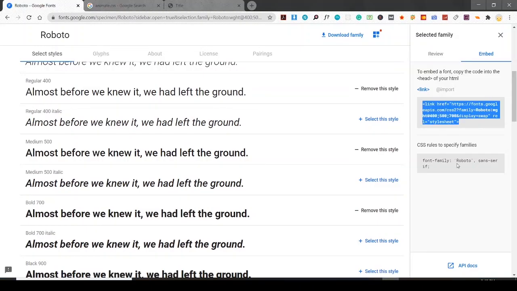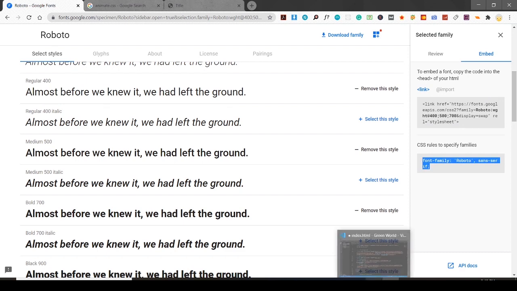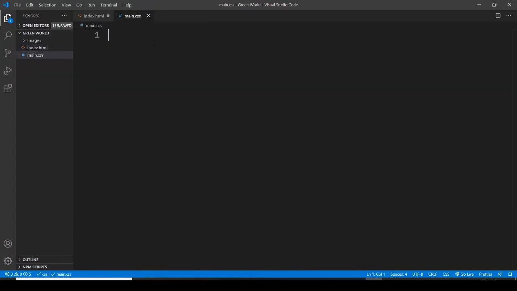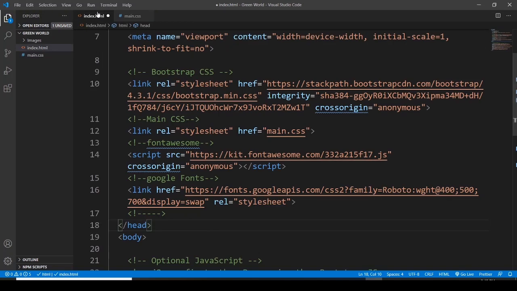Let me get this font family from here, and I want to paste it in my CSS. So here is my CSS for this body, and here I have to paste my CSS code for the font. Now excuse me,